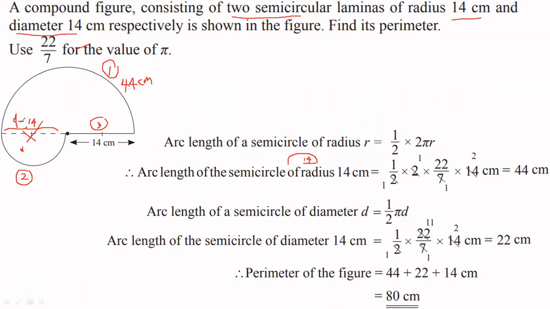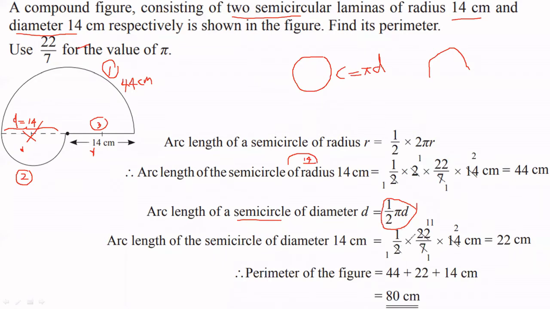Here D equals 14. But here in the bigger one, R is 40. This is R. Here D is 14. You know C equals 5D in a circle. If there's a circle, C equals 5D. But if there's a half, then you have to take half into 5D. Therefore, here we write half into 5D, because this is a semicircle.